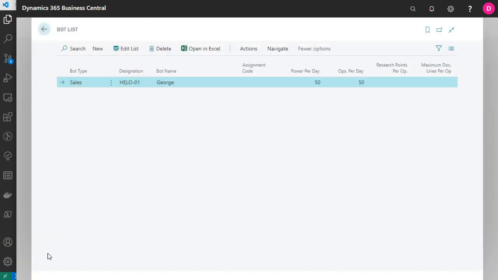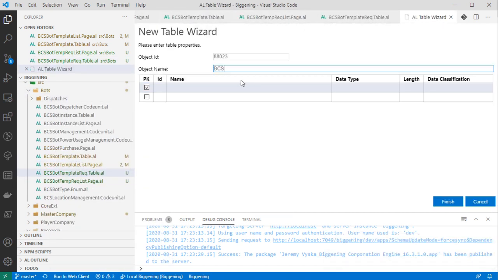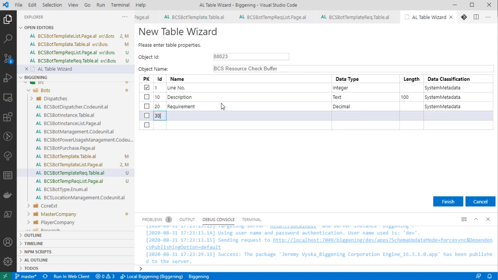Cool. Alright, so let's bail out of that process, and we are going to make a new table again. Actually, resource check buffer was what I was thinking. And we just need a line number. Now, what I was envisioning is description sounds fine, and we'll make that text 100, just because I think item description now is 100 characters long, but that's fine. Let's see, requirement, this will be our decimal, and